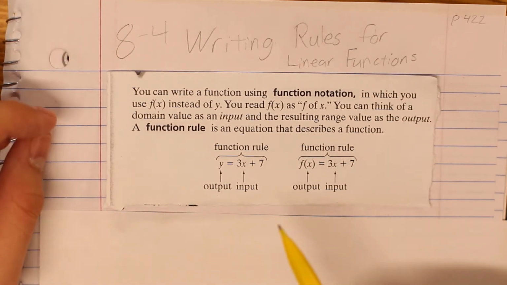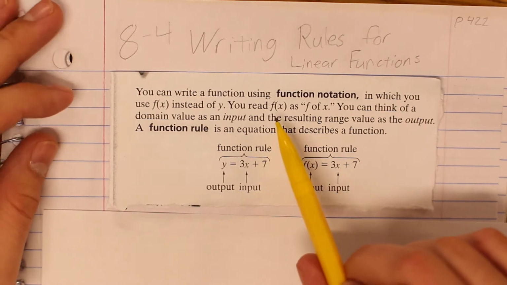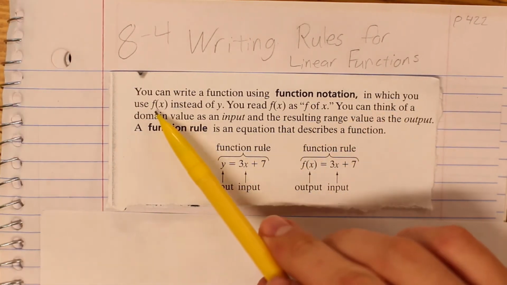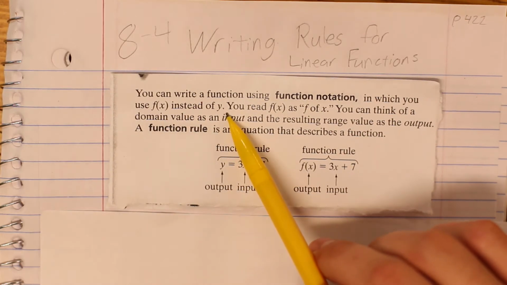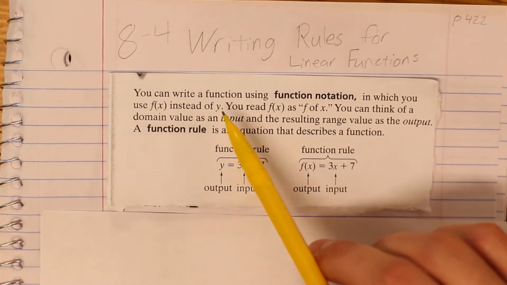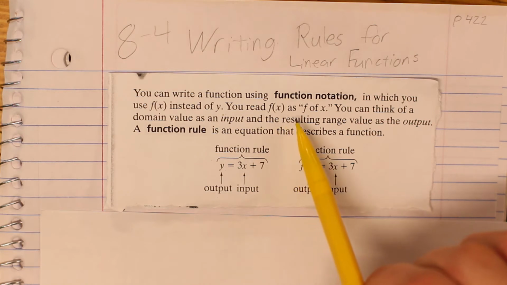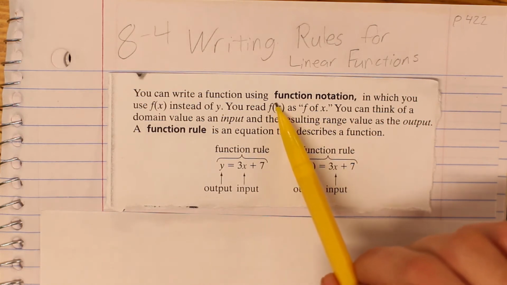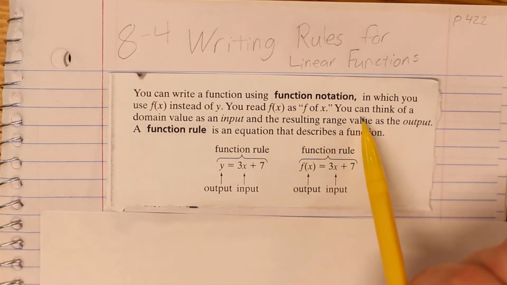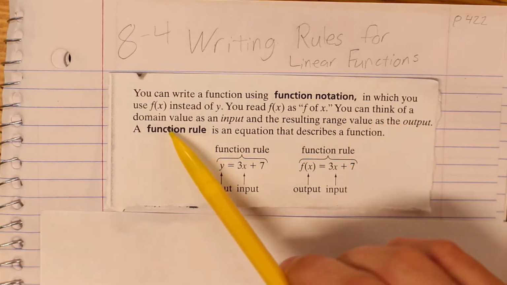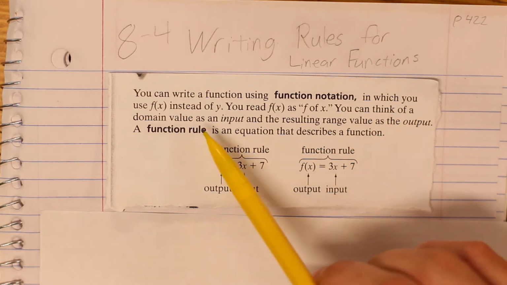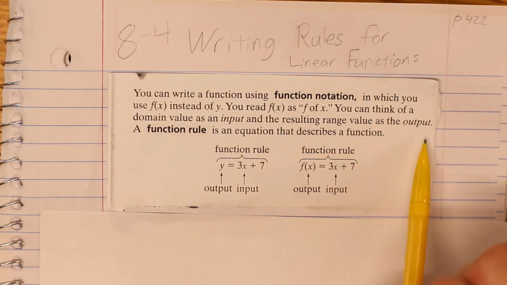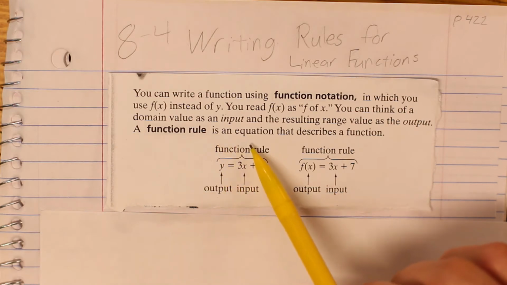It says you can write a function using function notation, in which you use f of x instead of y. You read this as "f of x." That is how you read this whole f with the parentheses and the x. You can think of the domain value as the input and the resulting range as the output. A function rule is an equation